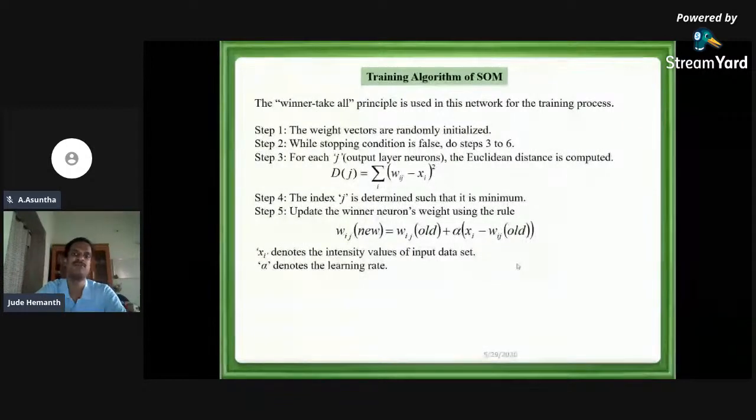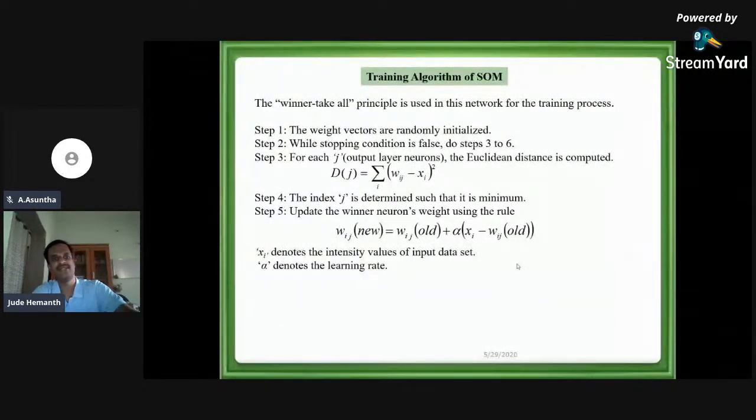What is the minimum possible value in mathematics? 0. So I want to make the distance 0, right? If I make the distance 0, then the possibility of convergence will be high. For achieving that specific condition, I keep on changing my weights. I do not know what should be my weight. So I use an equation in step number 5, find a weight, and keep on checking whether my D is minimum, D is minimum, D is minimum.